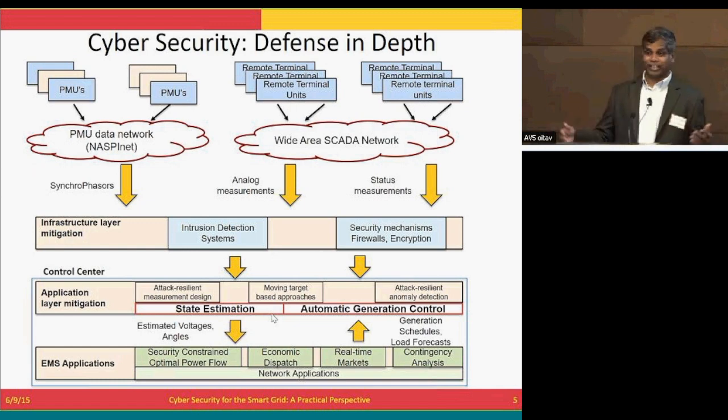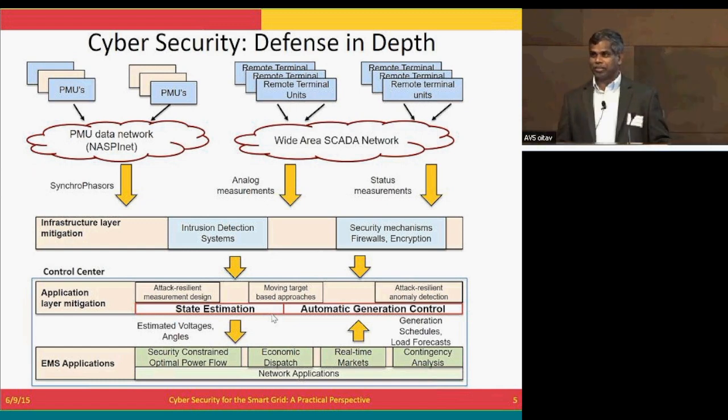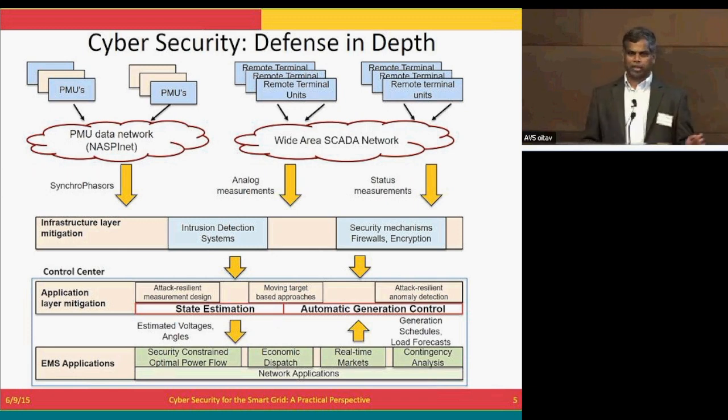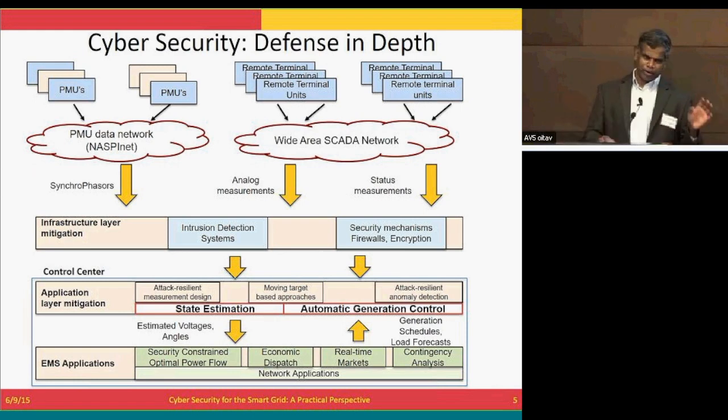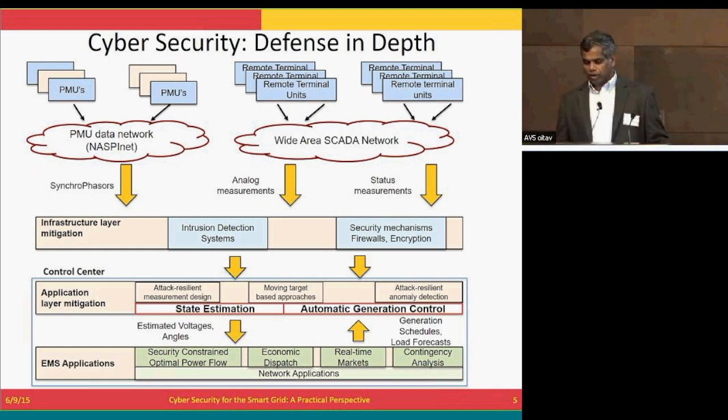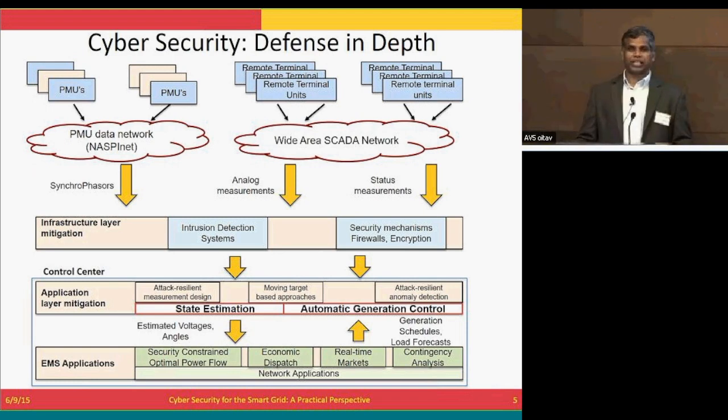In state estimation, bad data detection is there for conventional bad data, but what about false data injection? Somebody is injecting false data, and that needs to be detected as well. So a lot of research is going on in the university and also the Department of Energy, national labs, and some industries too, on how to secure the control center and the EMS, those applications, along with other elements, even in the substation and so on. Anomaly detection is one. Attack resilient control algorithm is the other one. Then using techniques related to moving target and other things, randomization is another kind of technique commonly used.